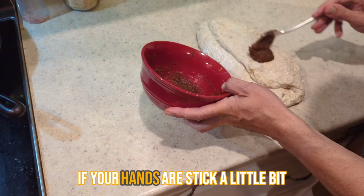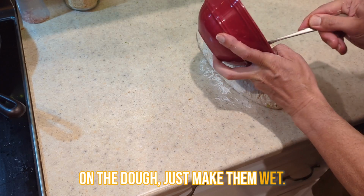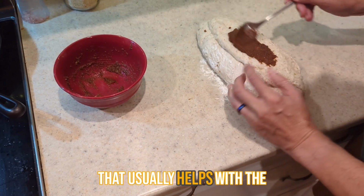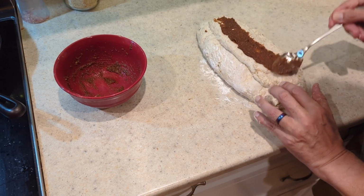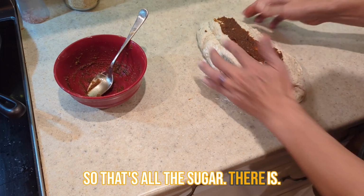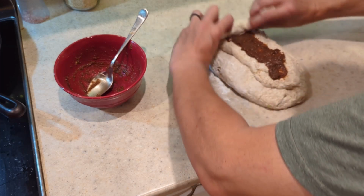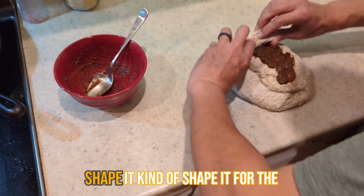If your hands stick a little bit on the dough, just make them wet. That usually helps with the stickiness. So that's all the sugar there is. And now I roll it up, shape it